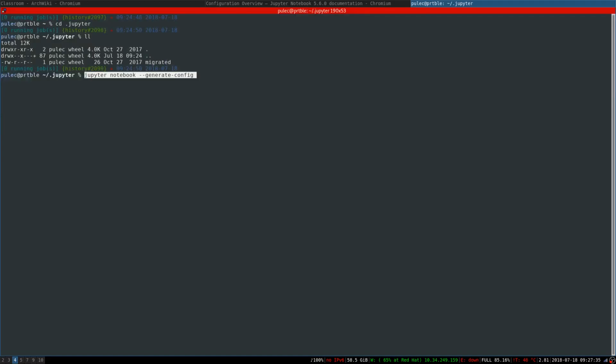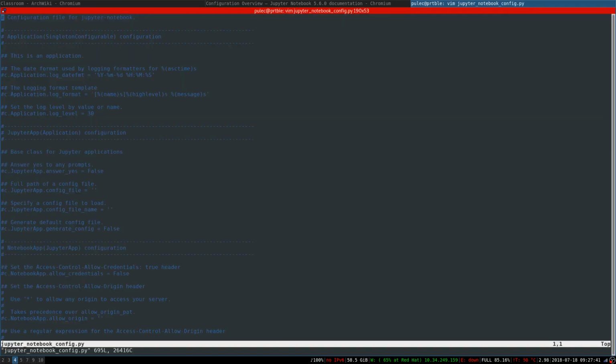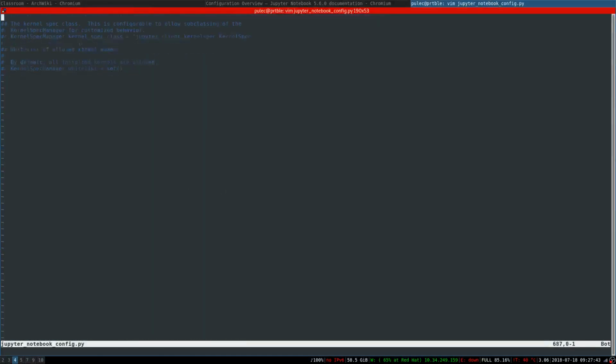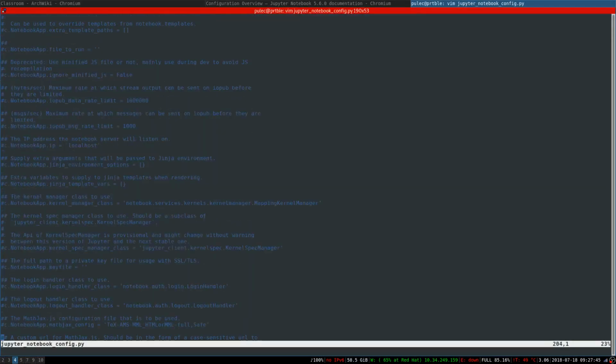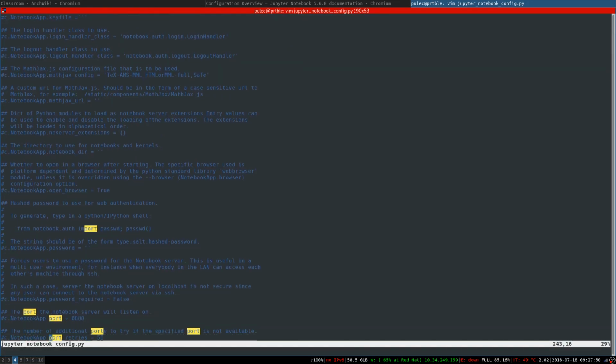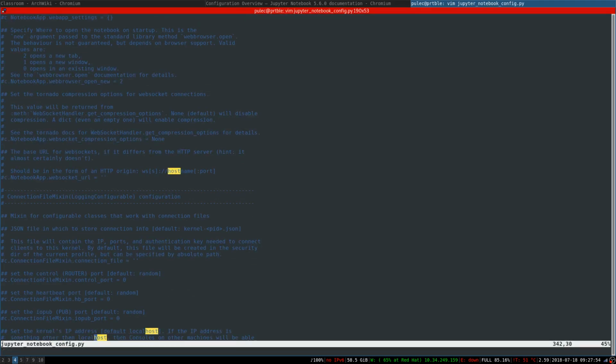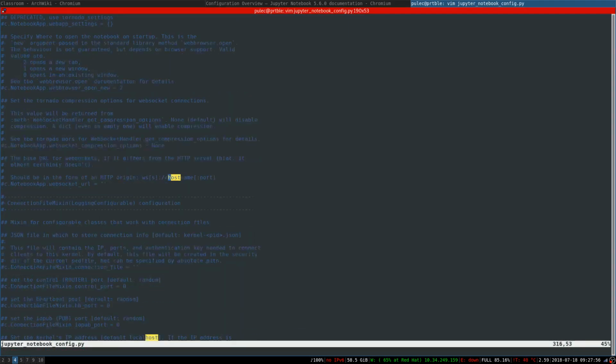Let's create this Jupyter config, and it's routed here, so let's open it. So everything is default, but for example the port, yeah, so you can see the port and also the host. So if I would set it up on my server, you could just join in and use the